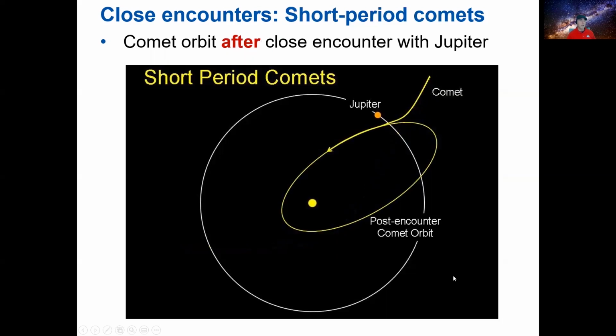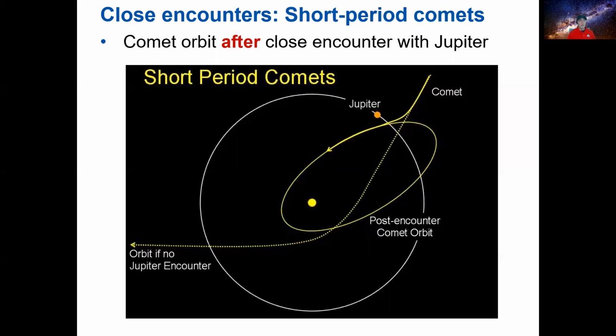But because of the presence of Jupiter, the comet is driven into a smaller elliptical orbit after a close gravitational encounter with the large gas giant. Here are both paths showing how the original large parabolic orbit ends up in a small elliptical orbit after the close encounter between the comet and Jupiter.